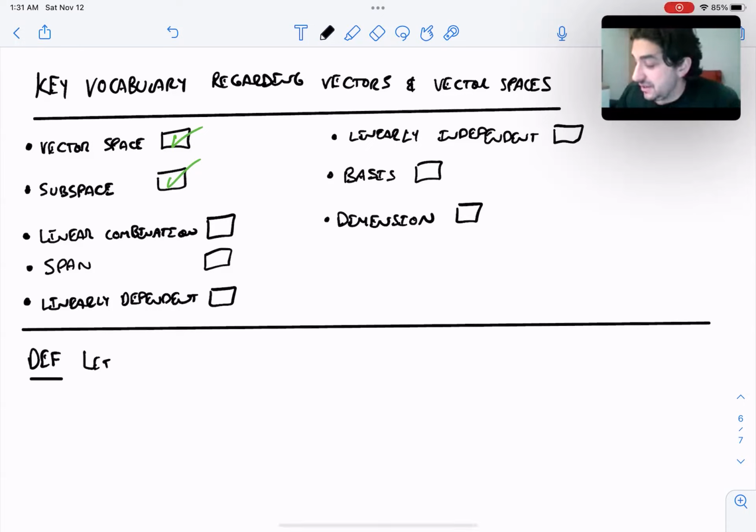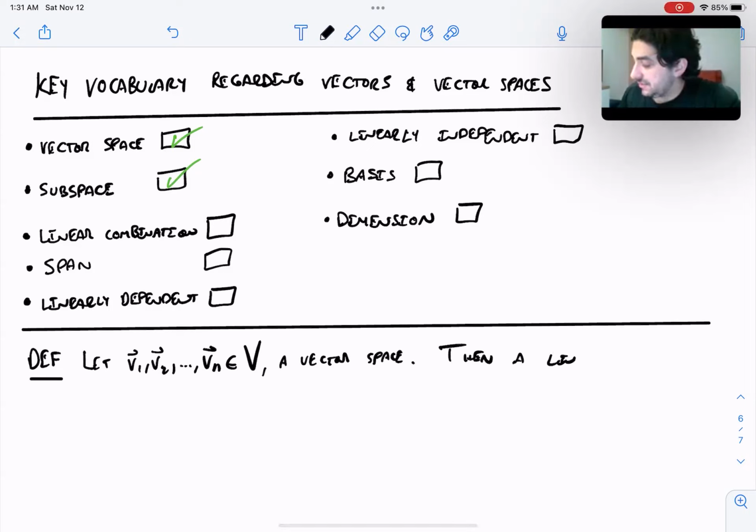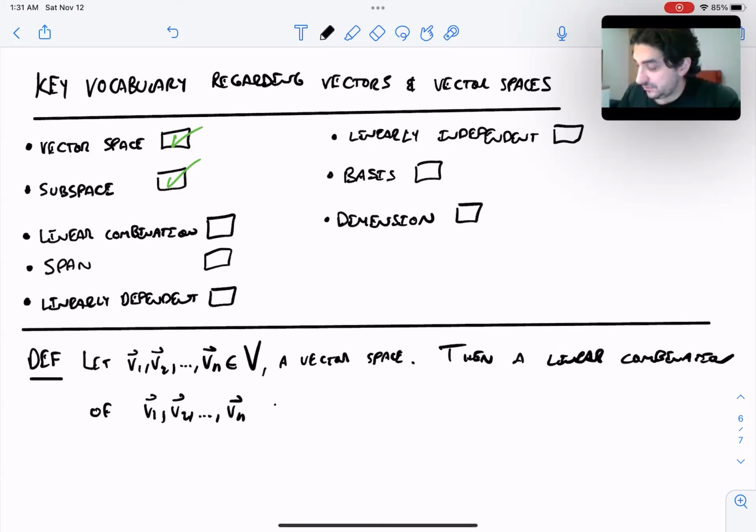So if you let some vectors be elements of a vector space V, then a linear combination of those vectors, of V1 through Vn, is an expression of the form